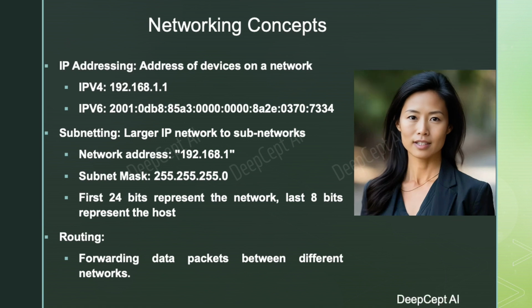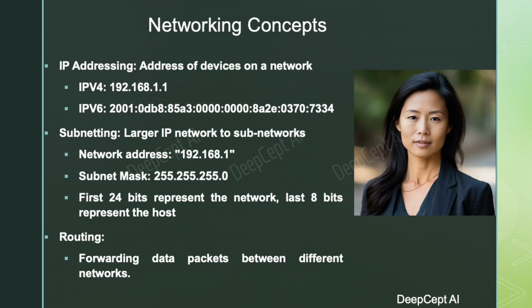IP addressing serves as a foundational concept in networking by assigning a distinctive numerical address to each device linked to a network. The IPv4 address, a 32-bit numerical label, is segregated into 4 8-bit octets, with each octet presented in decimal format and separated by dots. In contrast, IPv6 addresses using hexadecimal notation are lengthier than their IPv4 counterparts, organized into 8 groups of 4 hexadecimal digits and separated by colons.